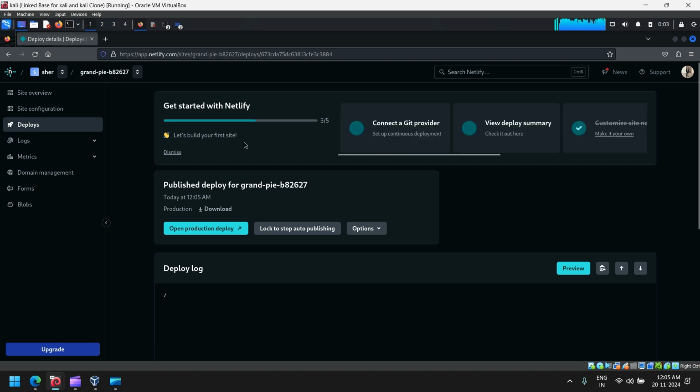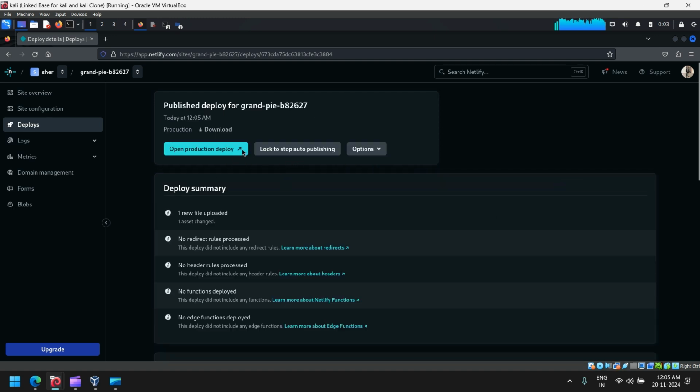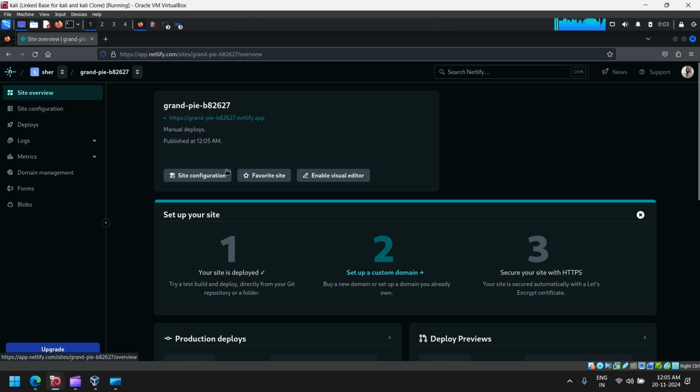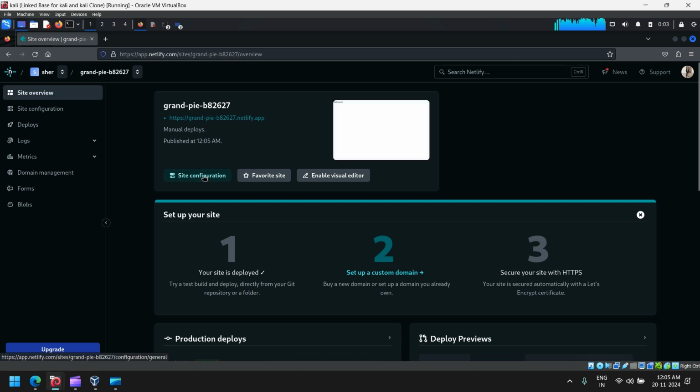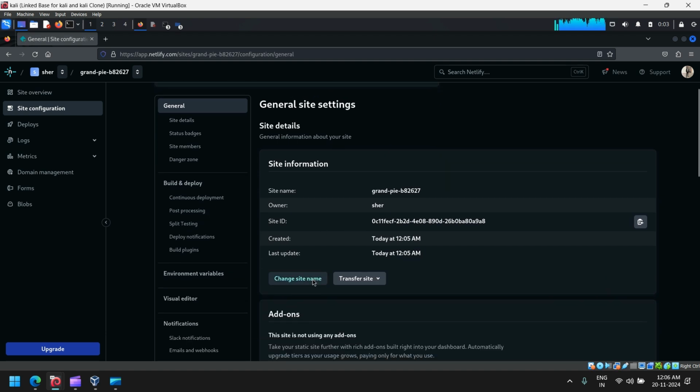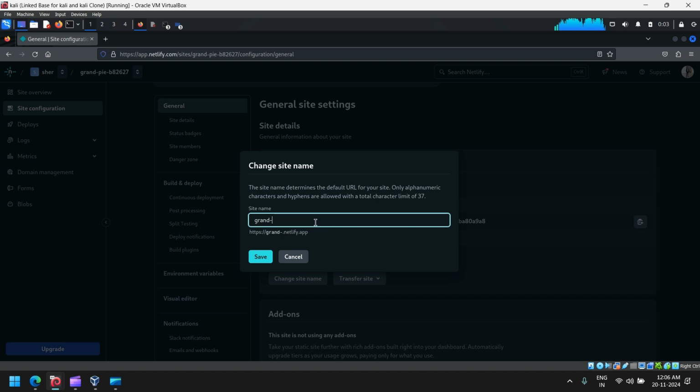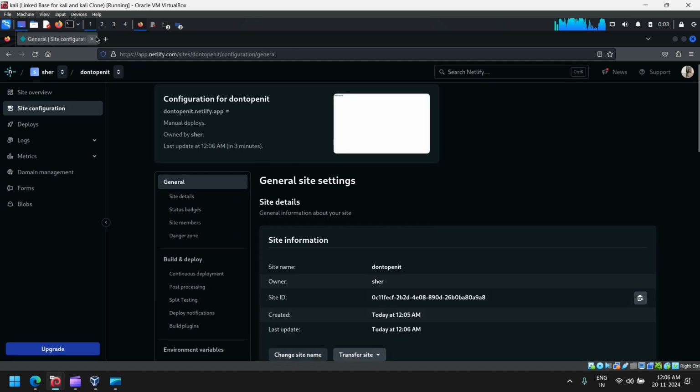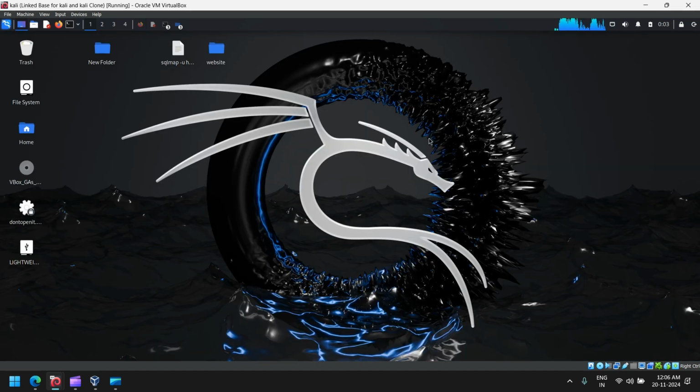Okay, so now I guess the files are uploaded, and I think I can change the name for it. I go with site configuration and change site name, and again I will type don't open it. Okay, now it's perfect. Okay, so now we have started the framework also, and we have created the malicious website also, and now I